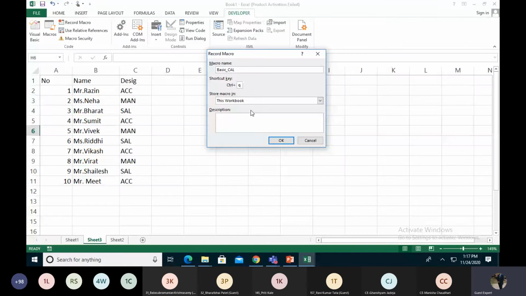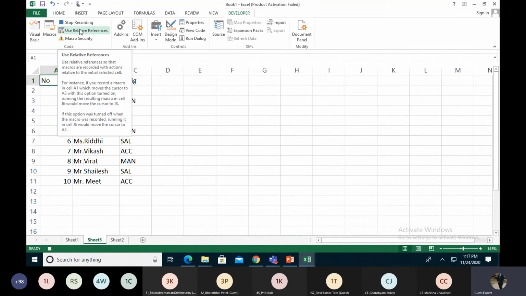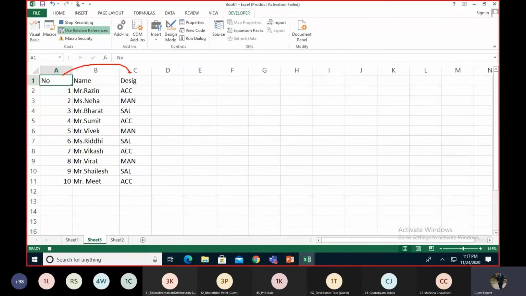Then after that we go into the higher macro, where we do the coding as well. And we press the OK button. So first of all, remember my cell is H6. I'm starting the macro and I've assigned the value Control Q. Then I'm going to A1 with my mouse and selecting A1, and I'm starting the Use Relative Reference. What is the use of Use Relative Reference in this macro? Suppose I'm doing a jump from A to C, and then going to D section.